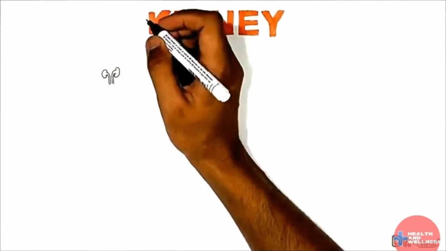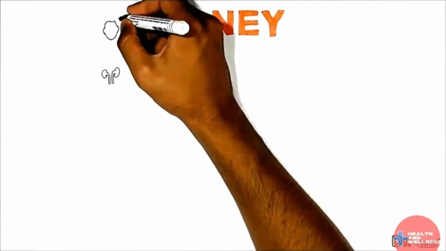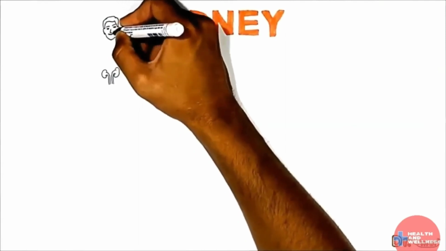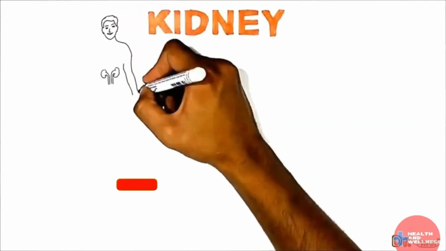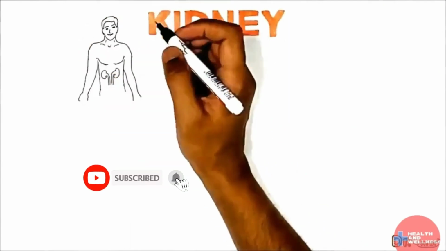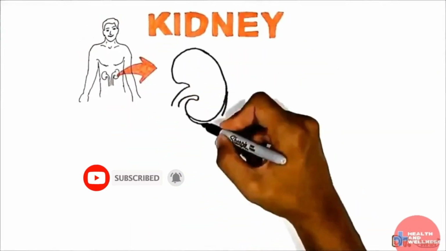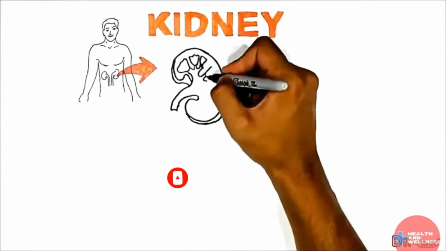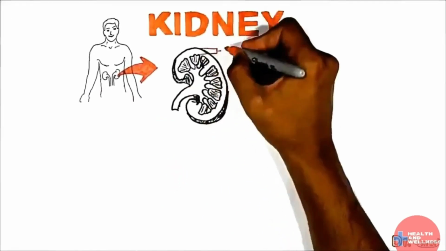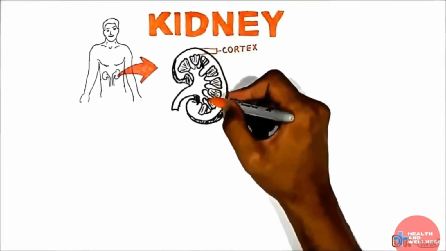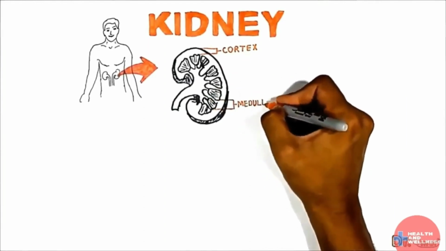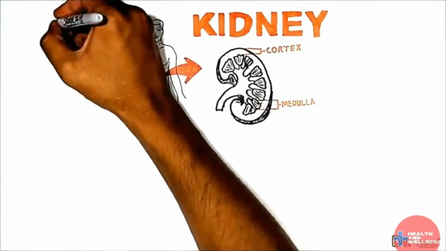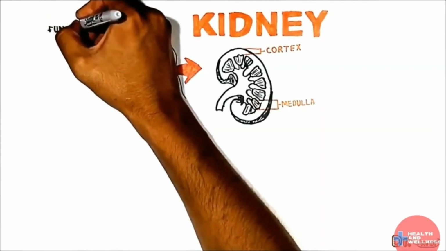A pair of bean-shaped organs, the kidneys, are situated at the rear of the abdominal cavity, in the retroperitoneal space. Inside the kidneys are located an outer region, the renal cortex, and an inner region, the renal medulla. The kidneys perform 4 main functions: